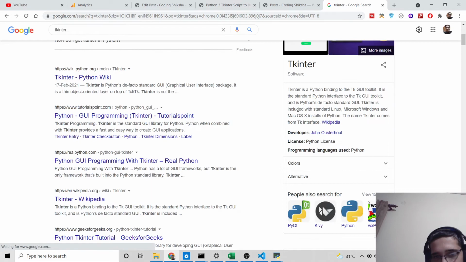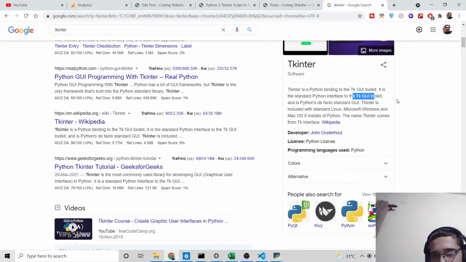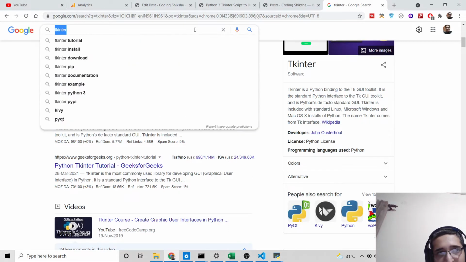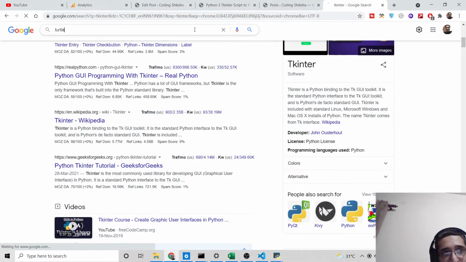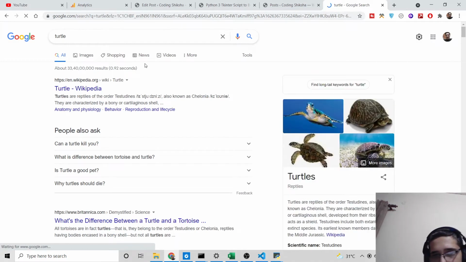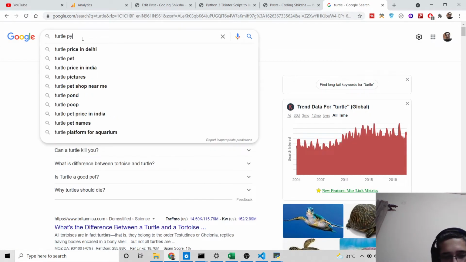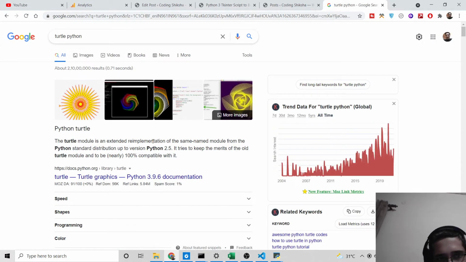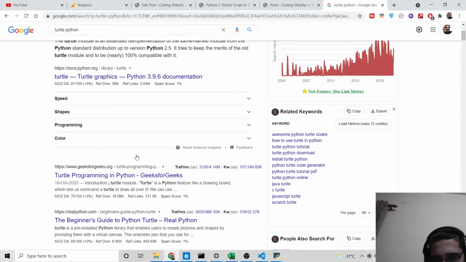This is a graphical user interface library used for making interface widgets on the screen. Then we have the Turtle library, which is a graphics library. If you search Google for Turtle and Python, you can see the Python Turtle module is a re-implementation of the same module from the Python standard distribution.